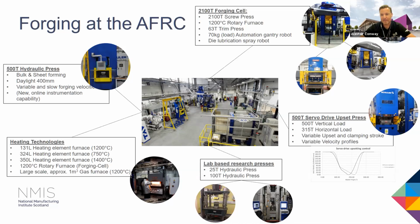on the process. Next door to that, we also have the 500 ton servo drive upset press, which has got a 500 ton vertical load and a 315 ton horizontal load for doing heading and extrusion operations. As it's a servo driven press, it has variable upset and clamping stroke, and it allows us to control the velocity profiles very accurately as well. And that's a process that we've been developing a lot of understanding around the materials and, again, the process modeling